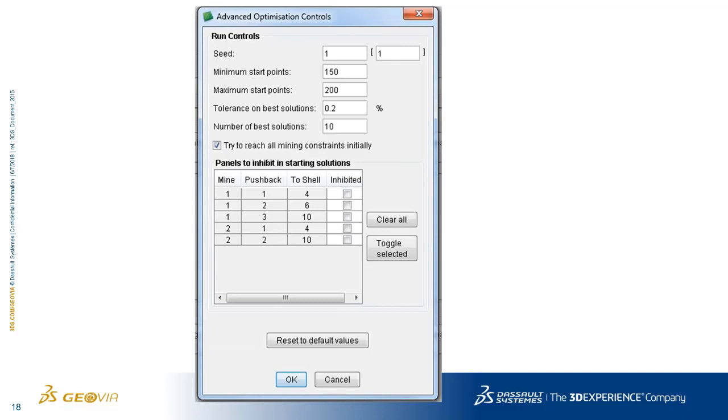So what we're going to do, you can see here, is I set up a tolerance on the best solutions. So in this case, once I've run 150, what the computer is going to do is look at the top 10 solutions by NPV. If those top 10 are within 0.2%, then we're going to assume we've converged on the best solution, and I'm not going to waste time doing extra processing that I don't really need to, since I'm comfortable that I've hit the top solution. Okay. So that's sort of a different concept than we've seen in more traditional fixed lead or Milawa schedules.